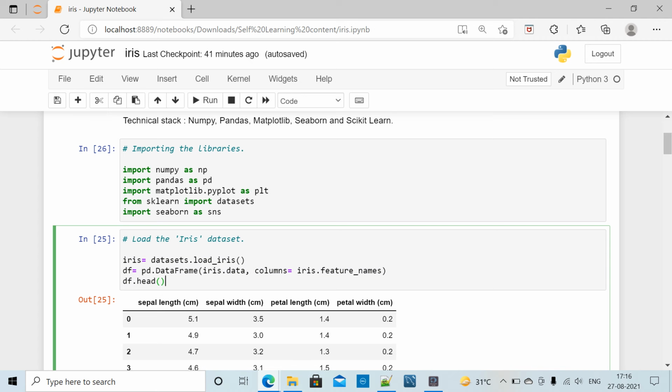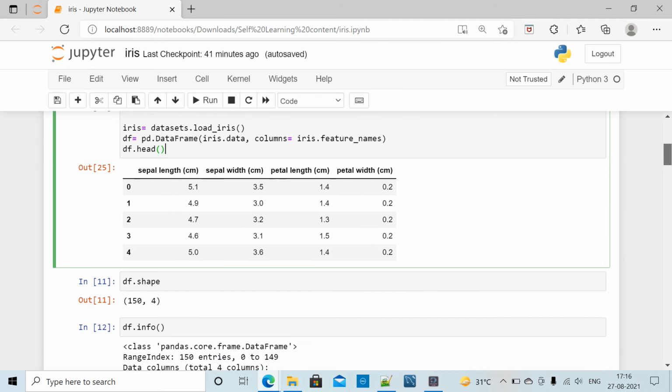Then in order to see some of the data from our file, we have used the .head() function. .head() is used to give us the first 5 rows of our data. So we are getting to see the first 5 rows of our data set.